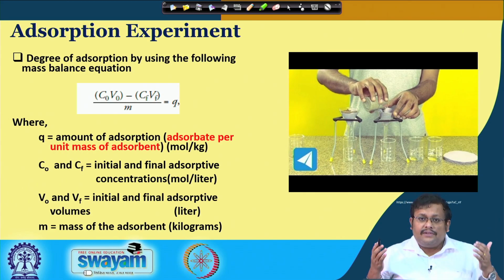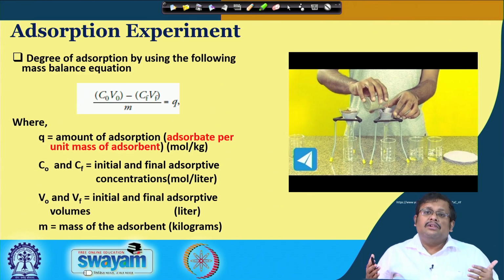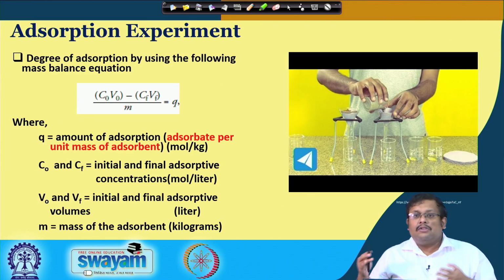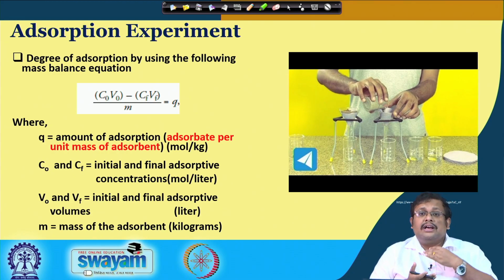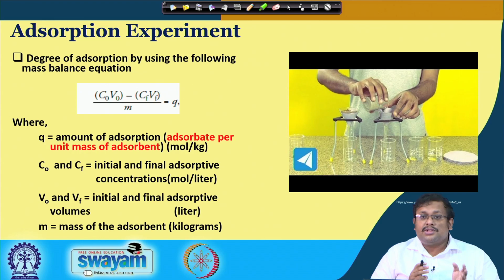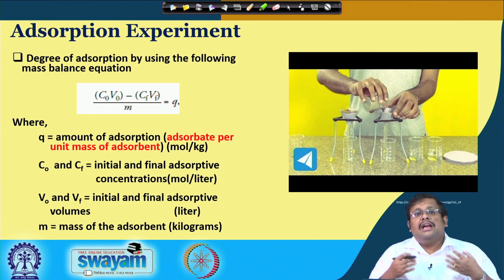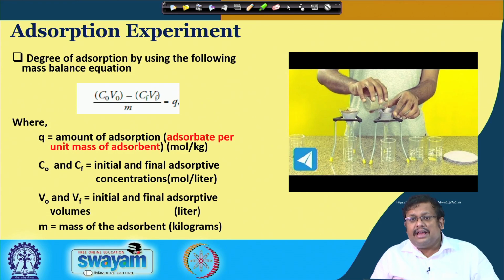So guys, you have learnt in detail about different types of inner sphere and outer sphere complexes and how they form surface complexes. What is mononuclear, binuclear, monodentate, bidentate, and tridentate coordination. Then we saw the polyhedral approach for assuming these surface complexes, and we discussed four different types of adsorption isotherms, and I showed you how to do the adsorption experiment. So let us wrap up our lecture here.